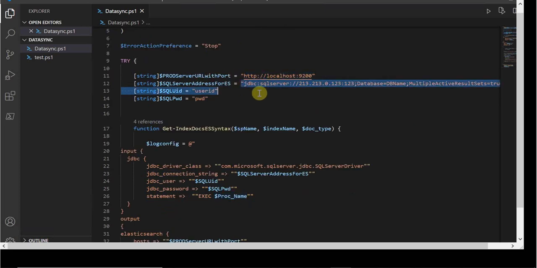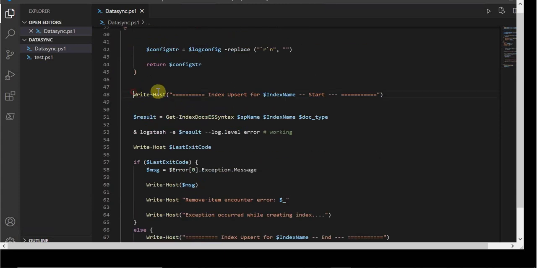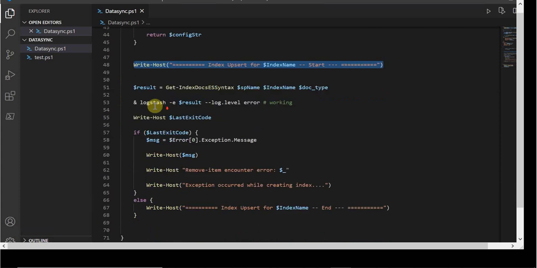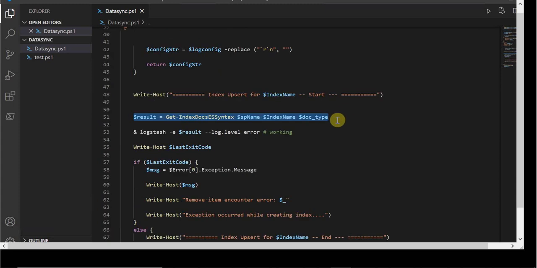This is the SQL connection, the JDBC SQL connection. This is my username and password. The execution process starts from here. Here I am creating the Logstash syntax, my configuration-related syntax.